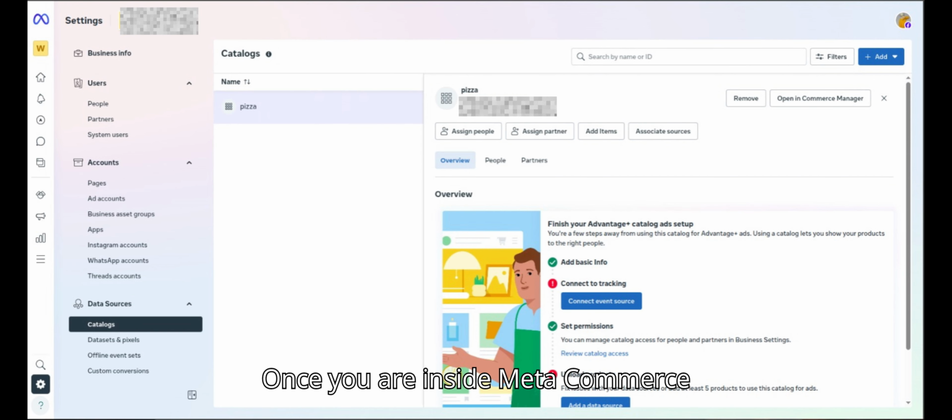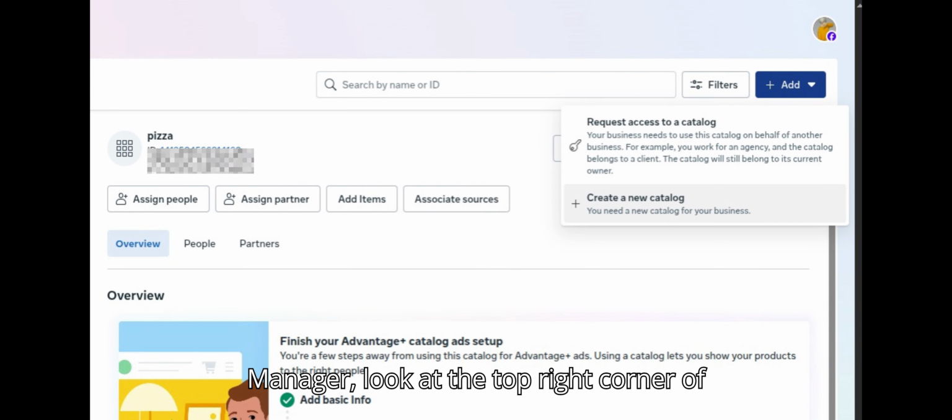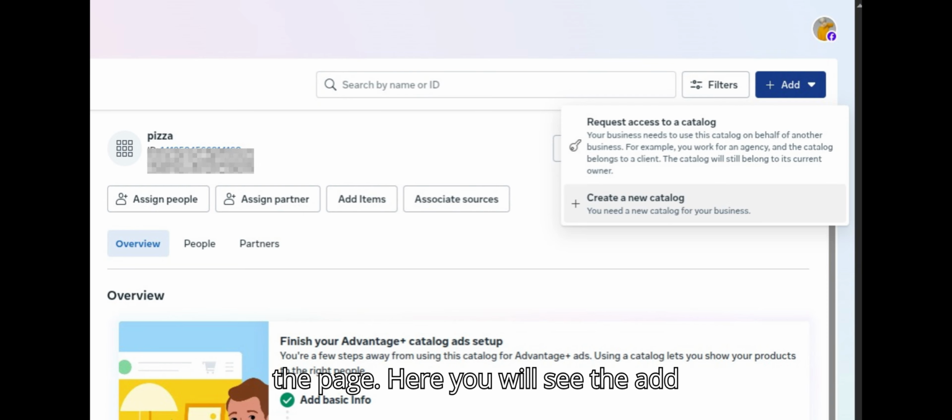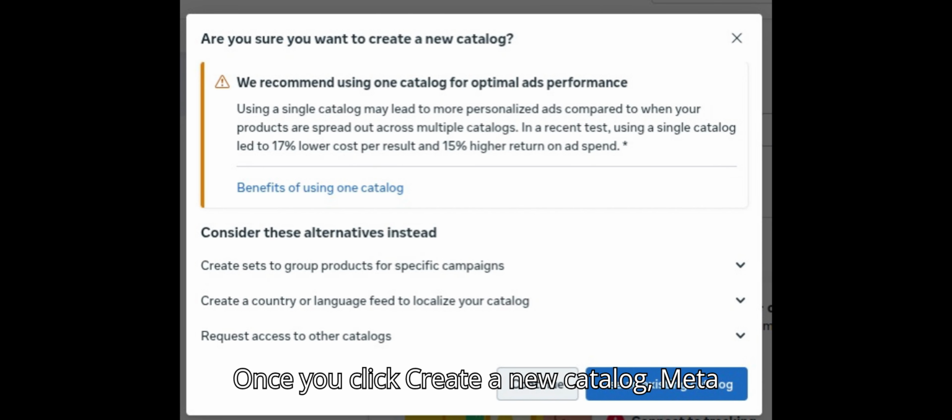Once you are inside Meta Commerce Manager, look at the top right corner of the page. Here you will see the Add button. Click the Add button. Once you click Create a new catalog, Meta will show a confirmation pop-up. It recommends using a single catalog for better ad performance. But since we are creating a new one, simply click the Continue button at the bottom and move to the